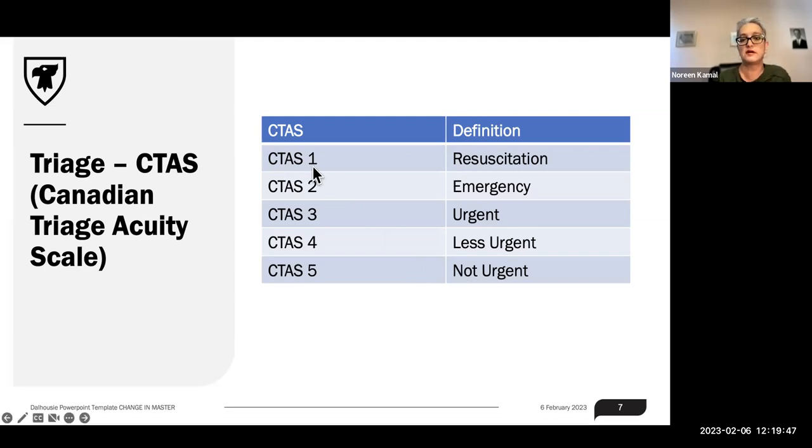So a CTAS 1 are patients that require resuscitation immediately. They immediately go into the emergency department. Resuscitation means that they need to get the heart going again, get the patient breathing again, anything to sort of prevent death in the patient. CTAS 2 is an emergency. They need to get seen very quickly. It's not a resuscitation situation, but it's a very emergency situation that, if it's not dealt with quickly, could end